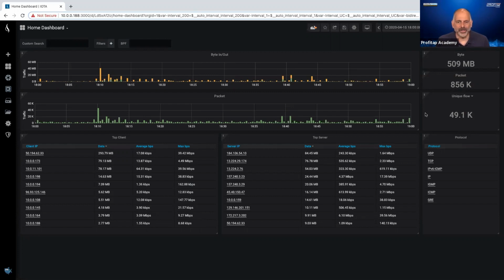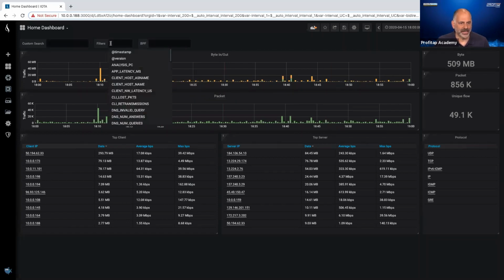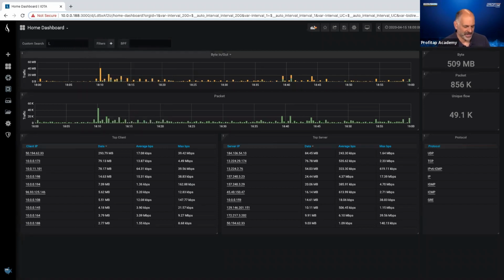So now I'm looking at 509 megabytes worth of traffic. I could download that, open it up in Wireshark and start analyzing it. But that's going to take a long time. So now what I want to do is I want to come up here and I'm going to slap a filter on there. I know that this person was trying to PPTP in. Actually, I'm going to show you kind of a neat one in here. This is more of a little advanced thing, but I'm going to say L7 underscore